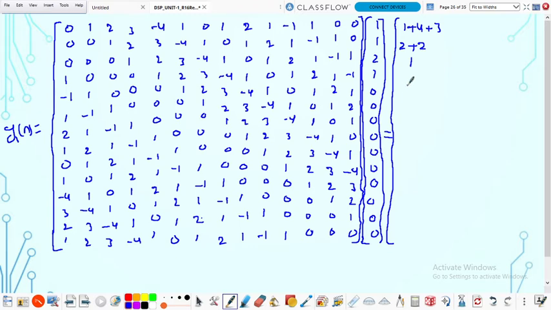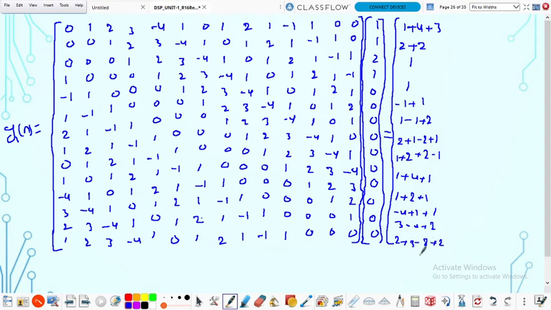Next similarly multiplying, 1 minus 1 plus 1, 1 minus 1 plus 2, 2 plus 1 minus 2 plus 1, 1 plus 2 plus 2 minus 1, 1 plus 4 plus 1, 1 plus 2 plus 2, minus 4 plus 1 plus 1, 3 minus 4 plus 2, and 2 plus 3 minus 8 plus 2, 1 plus 2 plus 6 minus 4, so that is equal